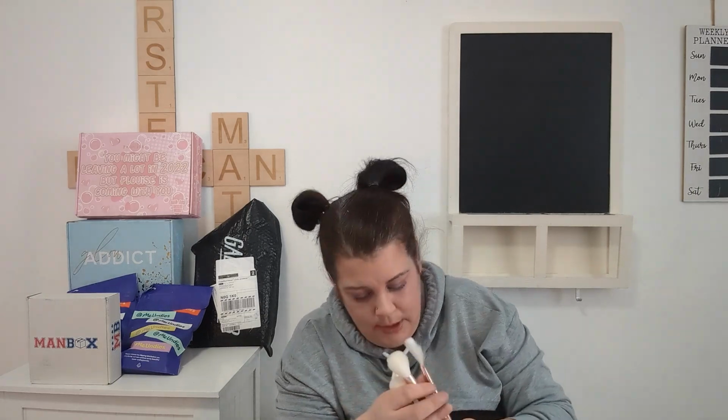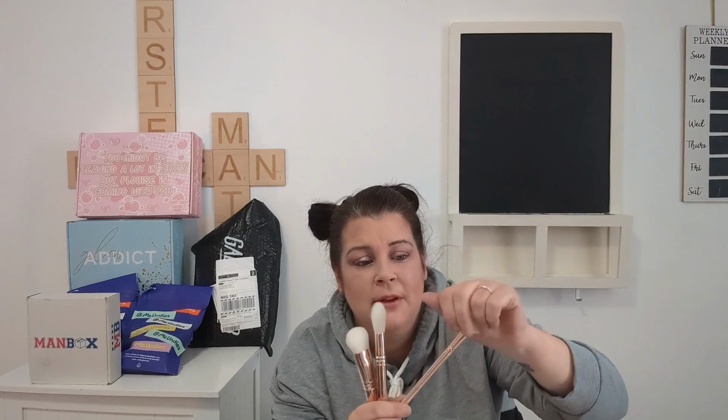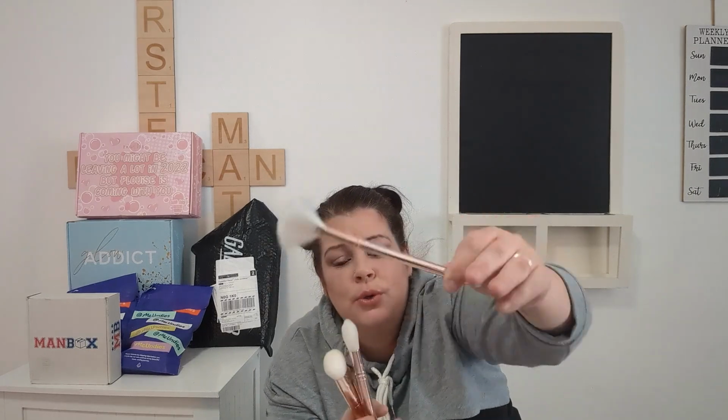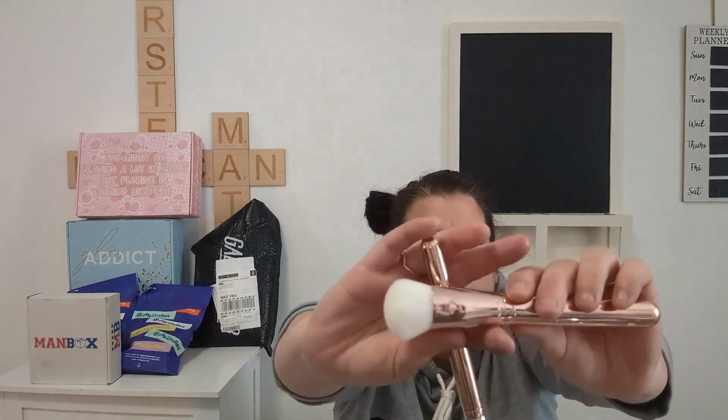Okay. So, you get 3 brushes. So we got the fan brush, which looks a little bit wonky, but it could have been just because it was in the package. But it feels nice. There's no bristles coming off, so that's always a bonus. It's a nice rose gold color. And then we got this one here. And then...